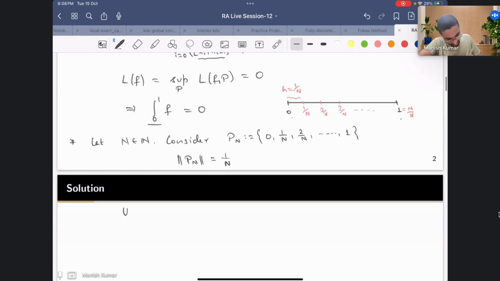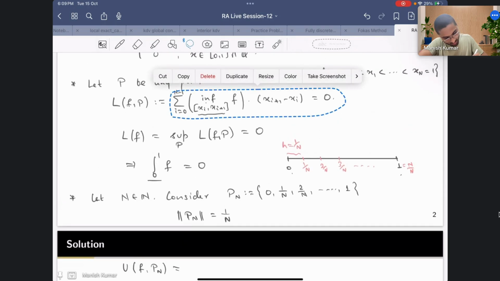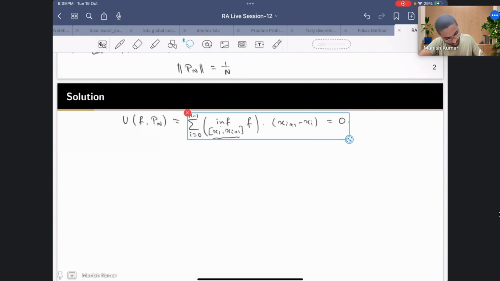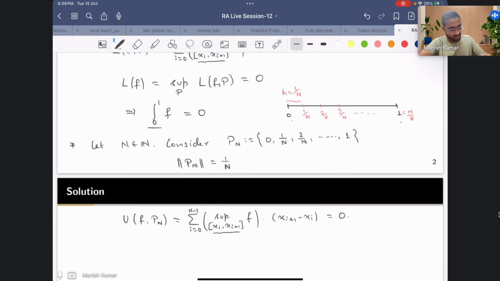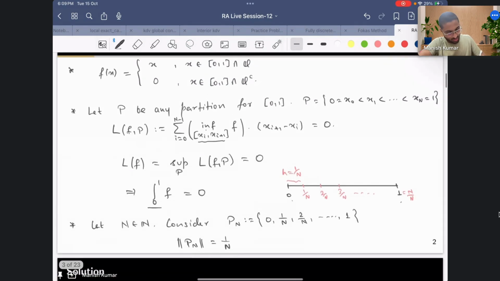Now let's try to calculate what is U(f, Pn). Okay, so what is the definition? I'll just copy it from here. For the infimum, you just replace it by supremum. Now you see the supremum of this function in the interval 1 by n to 2 by n. What will be the supremum of this function? You see, in each of these subintervals,